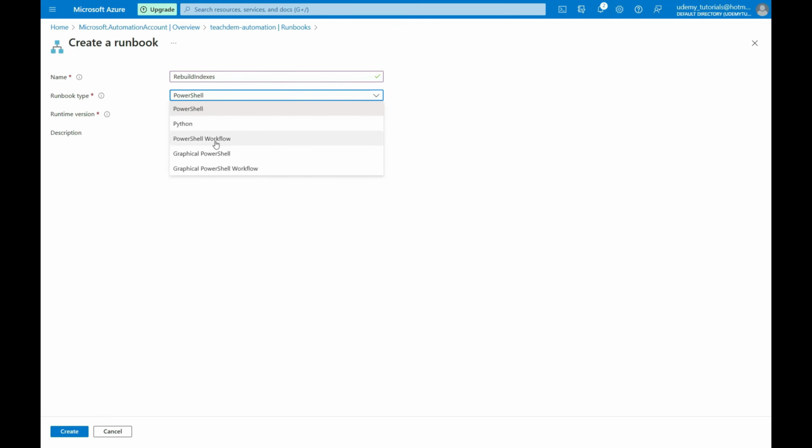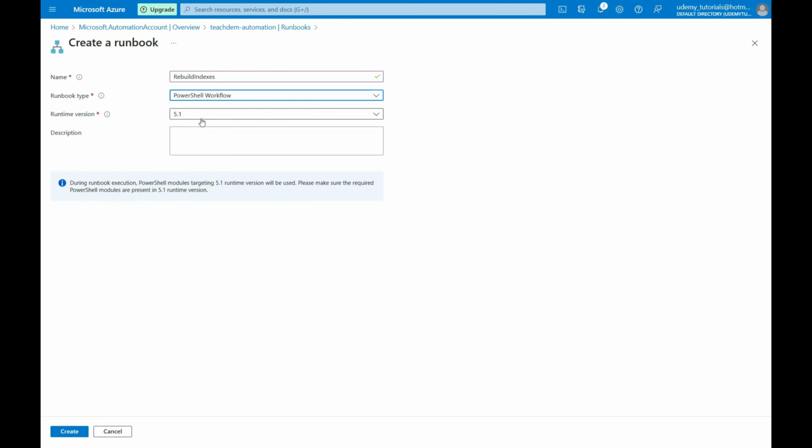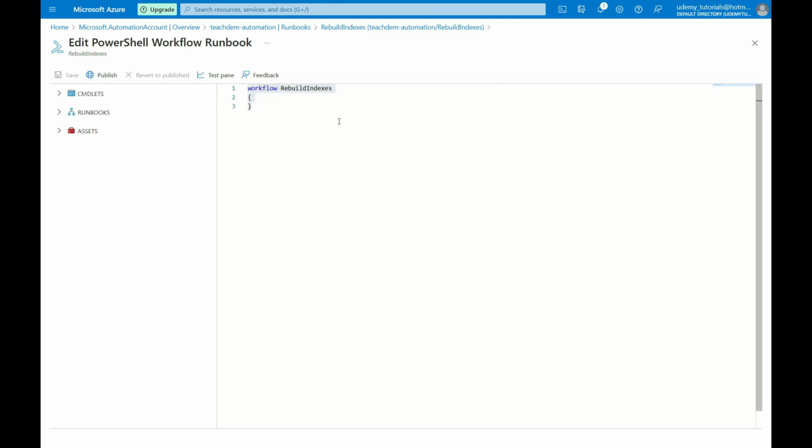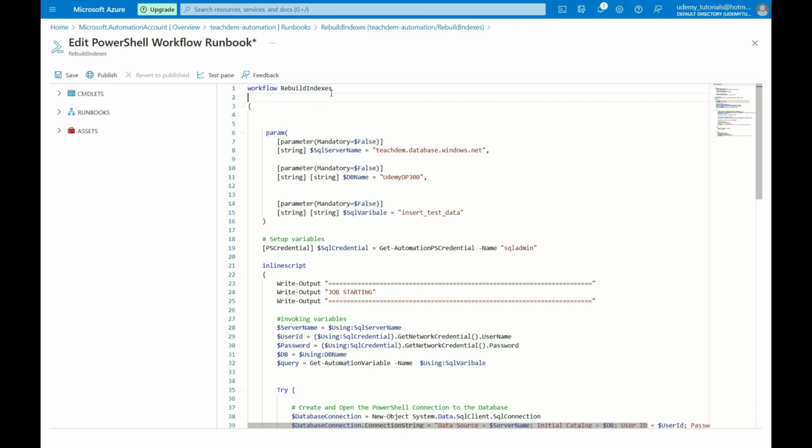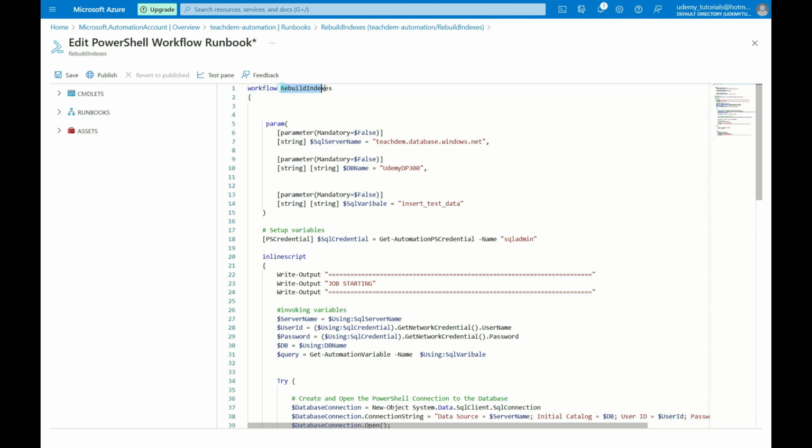So we're going to be using PowerShell Workflow. You can keep the runtime version as version 5. The description is optional. So the next step is to select create. Here you basically have an empty template. I have existing code that I will be using here. You want to ensure that the name of the workflow is the same as the name of the runbook that